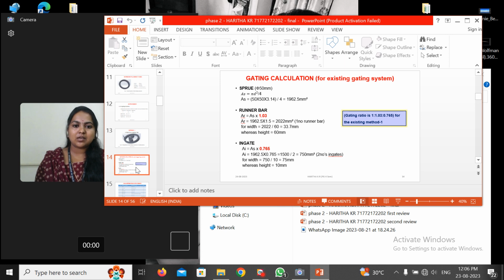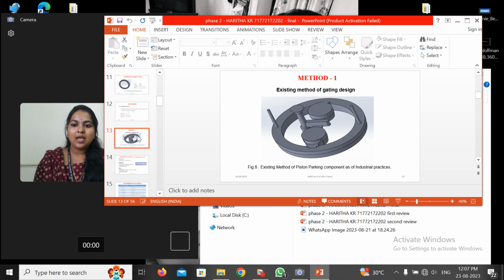So this is a general calculation for the sprue, runner bar and in-gate. The sprue diameter is about 50 mm because the match plate size is about 1110, 840 into 275 and 275. With respect to the sprue size, the molding machine is also capable of producing a sprue diameter of about 50 mm. So this is the area calculation for the sprue. For the runner bar, the area of the sprue into 1.03 and the level with respect to that, and one runner bar is used in the center part,